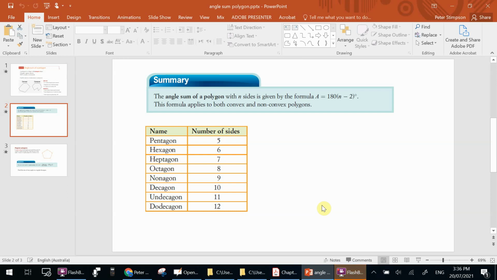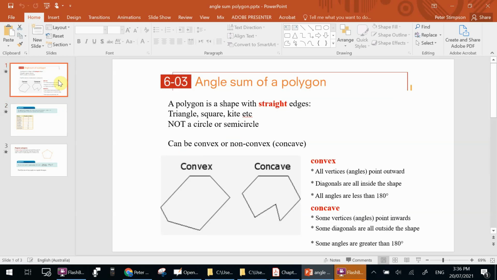Alright, welcome Year 9 to a video on the angle sum of polygons, and I'm going to use this PowerPoint here along with some other things to help us out with what this section is all about. So firstly, let me just have a look at this first slide, and dealing with polygons, it says first what a polygon is and what